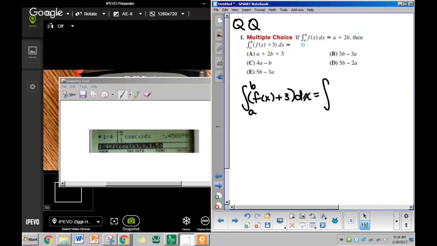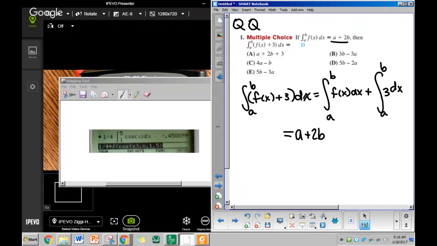The integral from a to b of f of x dx plus, this is the additivity property, or the sum property, where I can say this is 3 from a to b. You remember we did plus or minus with f of x's? Do we know what this one is? They told us, right? So we can say that that's equal to a plus 2b,